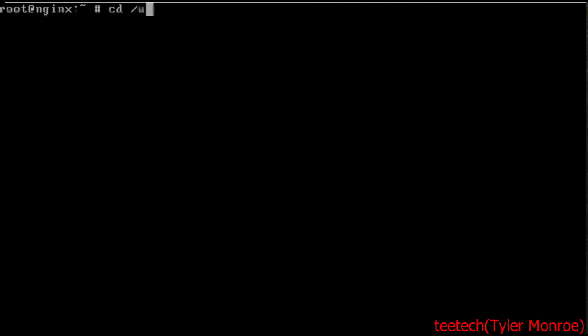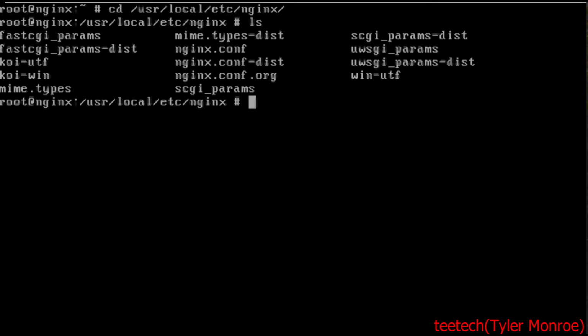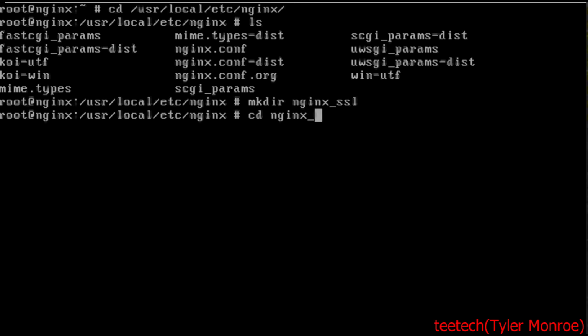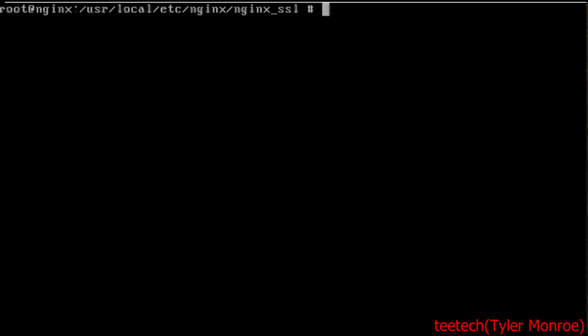So let's go into /usr/local/etc/nginx. And in here, we're going to start by making a directory, nginx_ssl. And then I want you to go into that directory. So inside of here, let me clear the screen, we're going to create X509 certificates. Now, we're going to start with the OpenSSL command. So openssl req, that is R-E-Q, dash